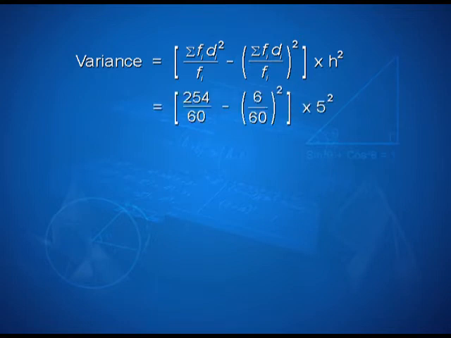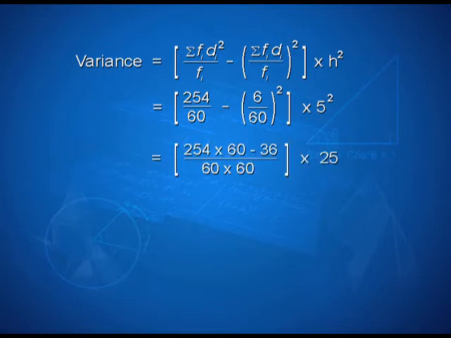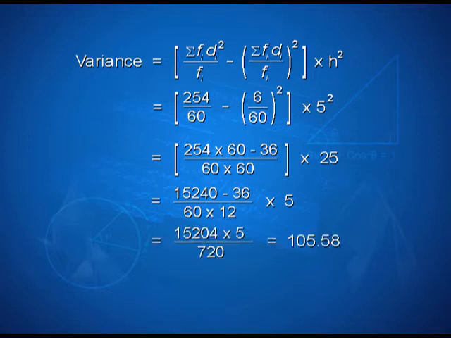Using the values, we have (254/60 − 6/60)² × 5², that is equal to (254 × 60 − 36)/(60 × 60) × 25, and this can be calculated as (15,240 − 36)/(60 × 12) × 5. That gives us 15,204 × 5/720, that is